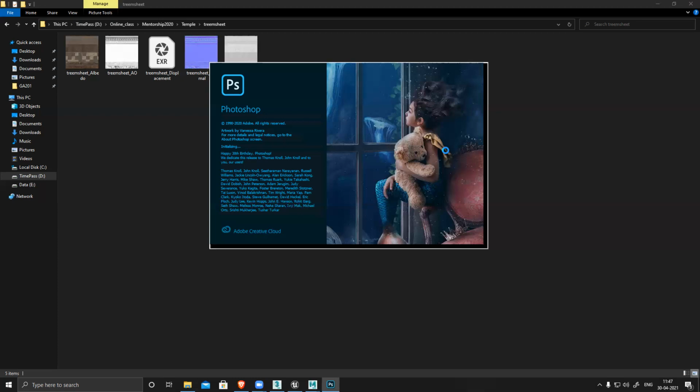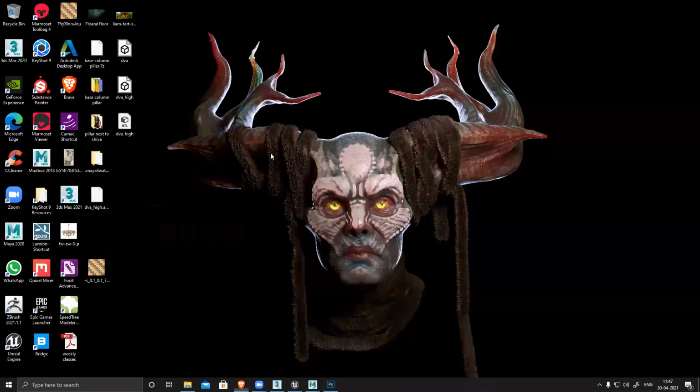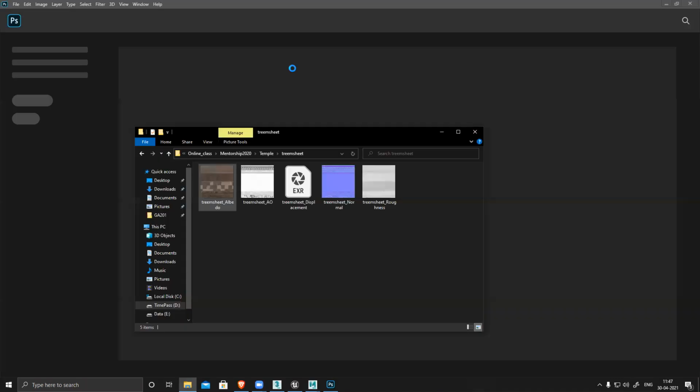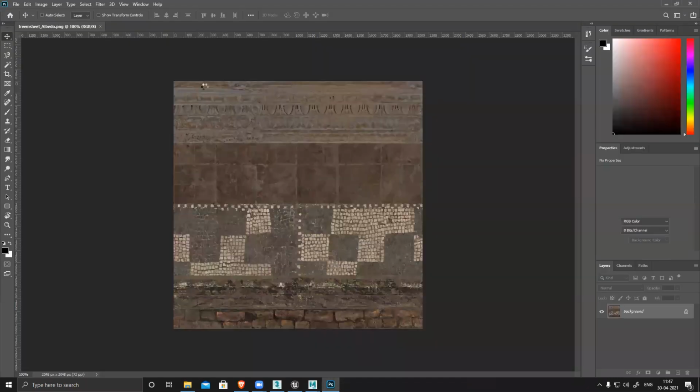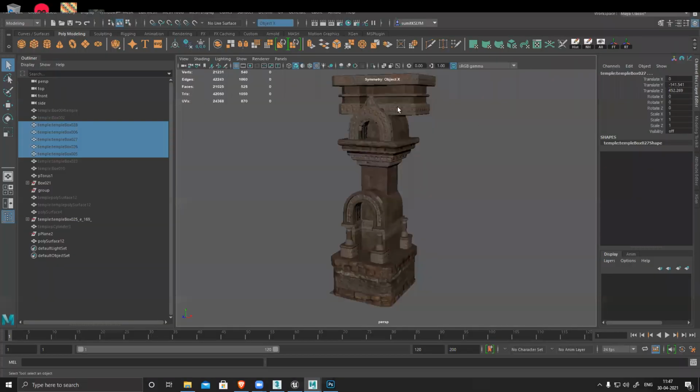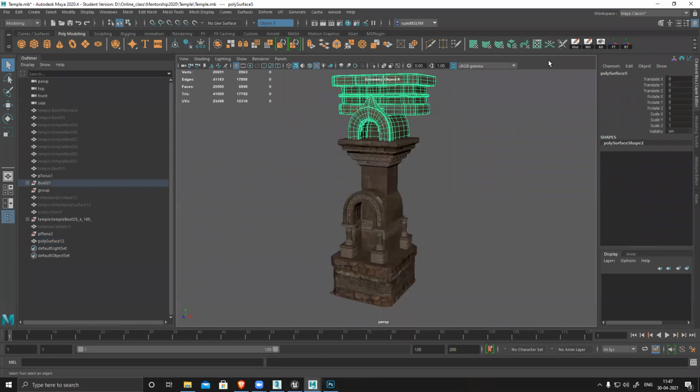You have to create a mid poly model with all the detail. You can see this section is a flat texture tiling properly everywhere. Now if I open this, you can see it's pretty dense. I have added a lot of loops.